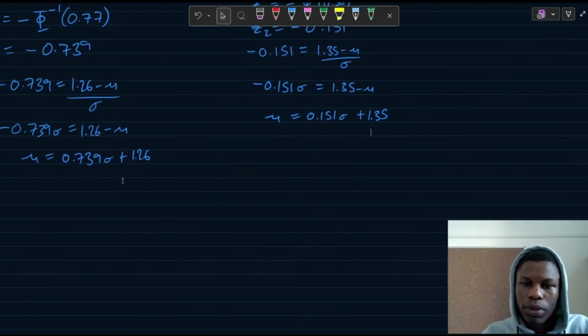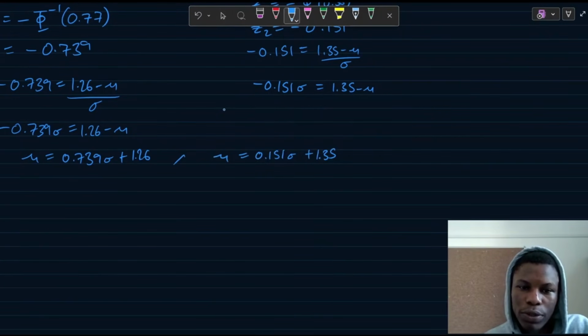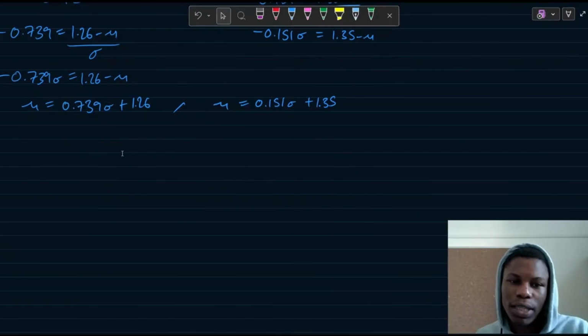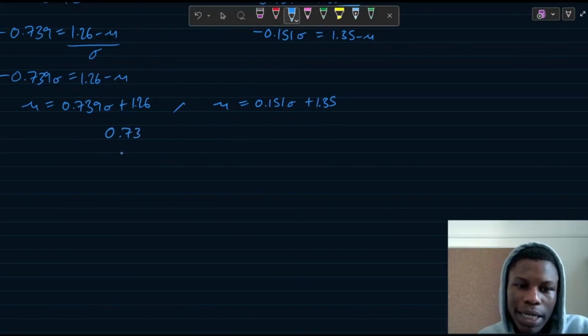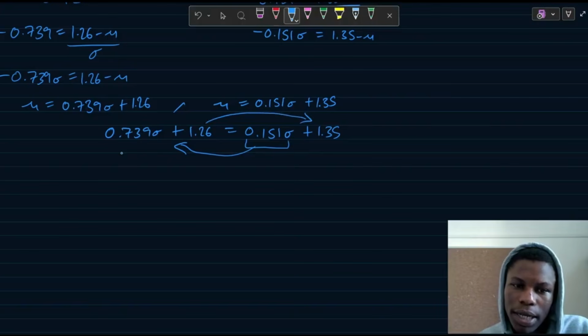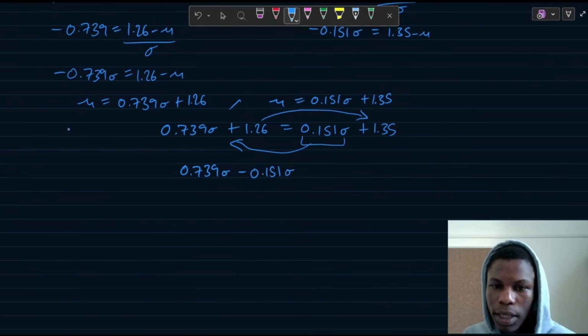And so now we end up with these two equations in terms of mu and sigma, and we can solve our two equations simultaneously. We've already made mu subject of the formula in both of them, so we can just equate the two. So I have 0.739 sigma plus 1.26 is equal to 0.151 sigma plus 1.35. And I'm going to move this to the left and that to the right. So this becomes 0.739 sigma minus 0.151 sigma is equal to 1.35 minus